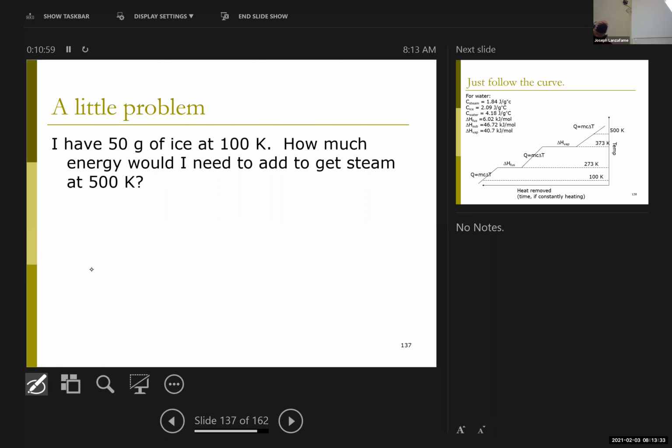Again, the phrasing of the question is relatively straightforward. I've got a starting point, I've got an ending point. Because this is still water, it might be obvious to you that there are 5 steps in this process. There don't need to be. Really, the first thing I need to do is orient my journey relative to what the phases are. So if I change this slightly, I have 50 grams of X at 100 Kelvin. How much energy to get to